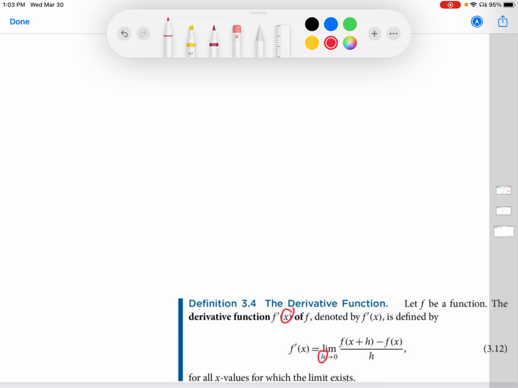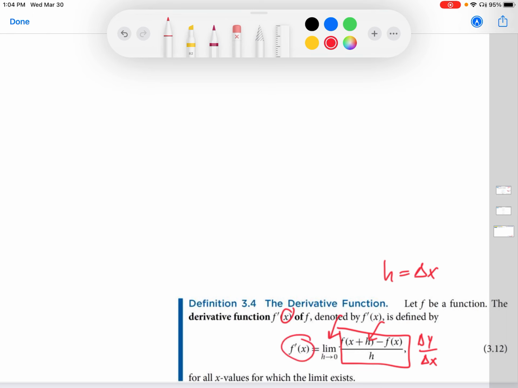Also, I guess there's a second difference. Instead of delta x approaching 0, we have h approaching 0. It's just a little more convenient when it comes to algebraic simplification to work with h's than delta x. But we still have the same structure. This is the difference quotient. It's the change in y values divided by the change in x values. H here is again taking the place of delta x. And then at the end, we're taking the limit as h goes to 0,